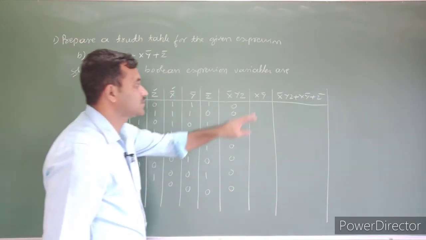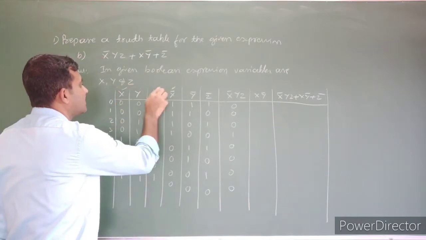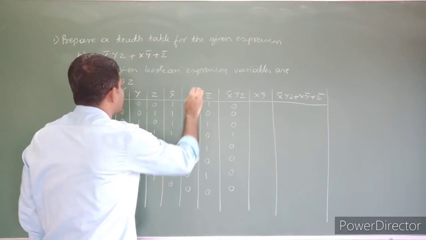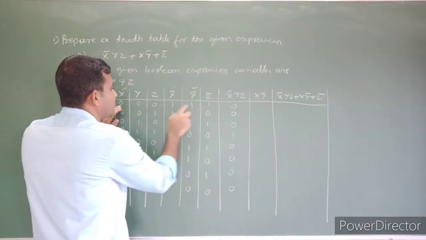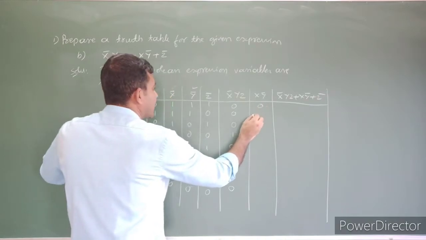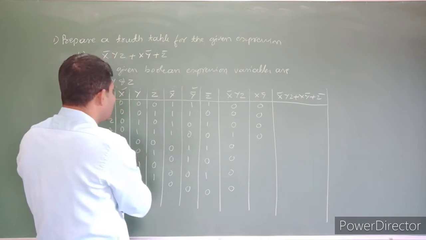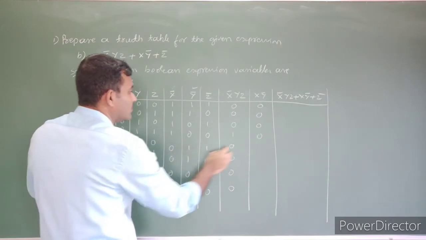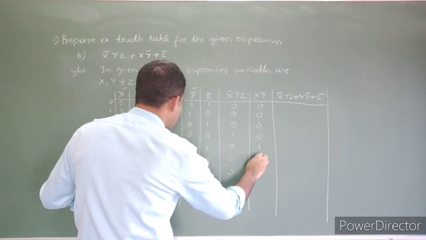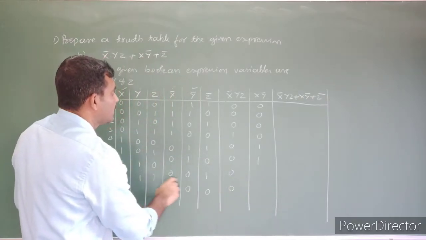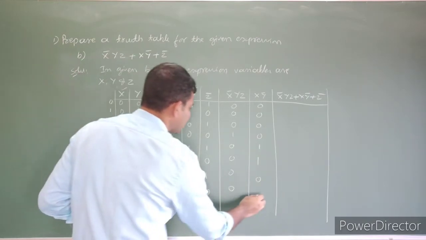Then to perform x, y bar, observe the column x and y bar here. X and y bar over multiplication. So again 0, 1, 0, again 0, again 0, 0. Next observe 1, here also 1, output is 1. 1, here also 1, the output is 1. Next 1 in a y bar it is 0, 1 in a y bar it is 0.